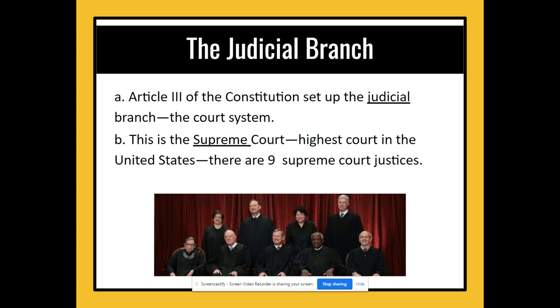Now we're going to look at the judicial branch. Article 3 of the Constitution sets up the judicial branch, which is the court system. This is the Supreme Court, the highest court in the United States, and there are 9 Supreme Court justices. Recently, one of our Supreme Court justices died, and we recently appointed a new one. So this picture is a little out of date, but those are the 9 Supreme Court justices at the time